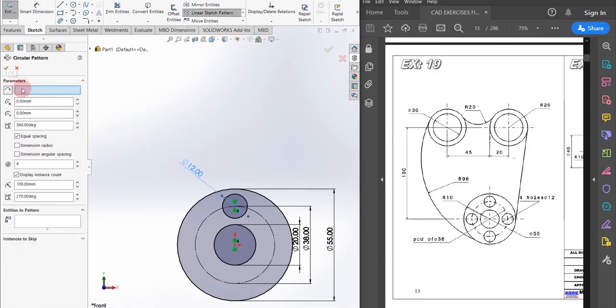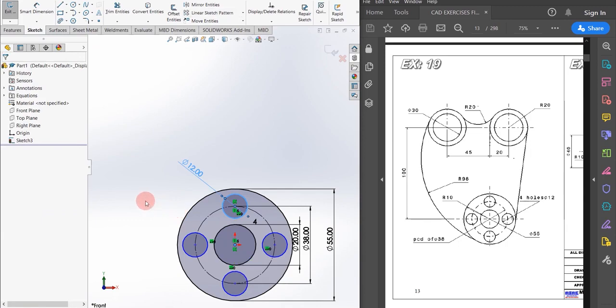Here, around which point I want it, I want around origin, and for entities to pattern I am going to select this circle. As you can see, the software is showing us a preview. I am just clicking on OK, so 4 circles are created.